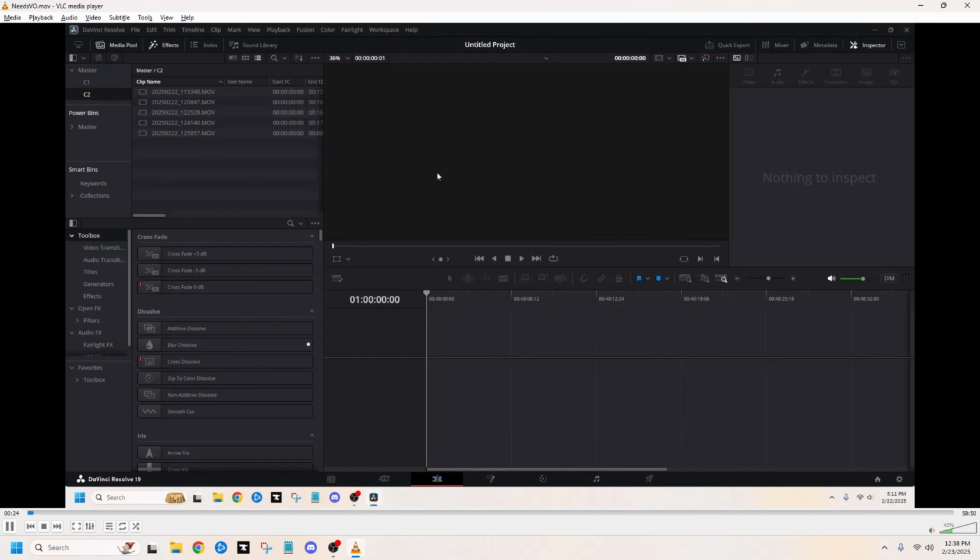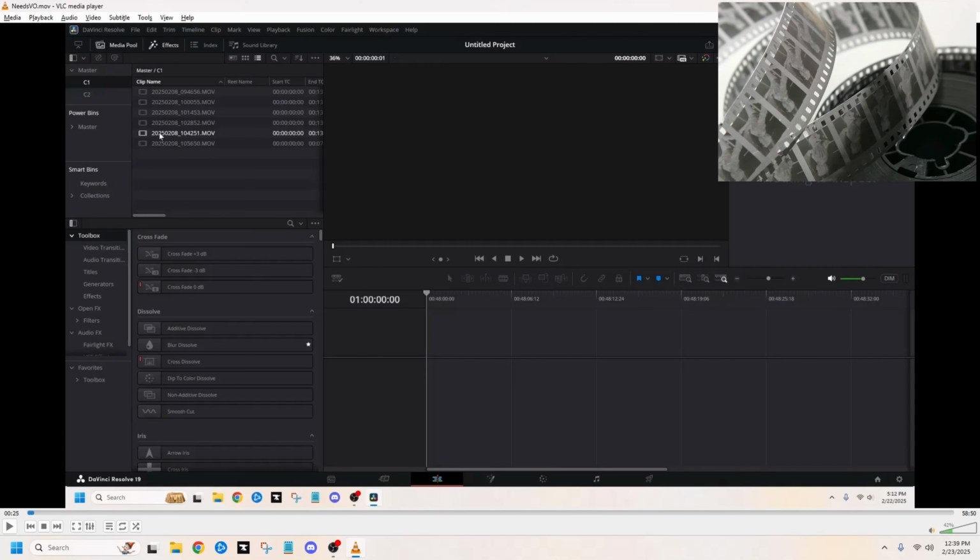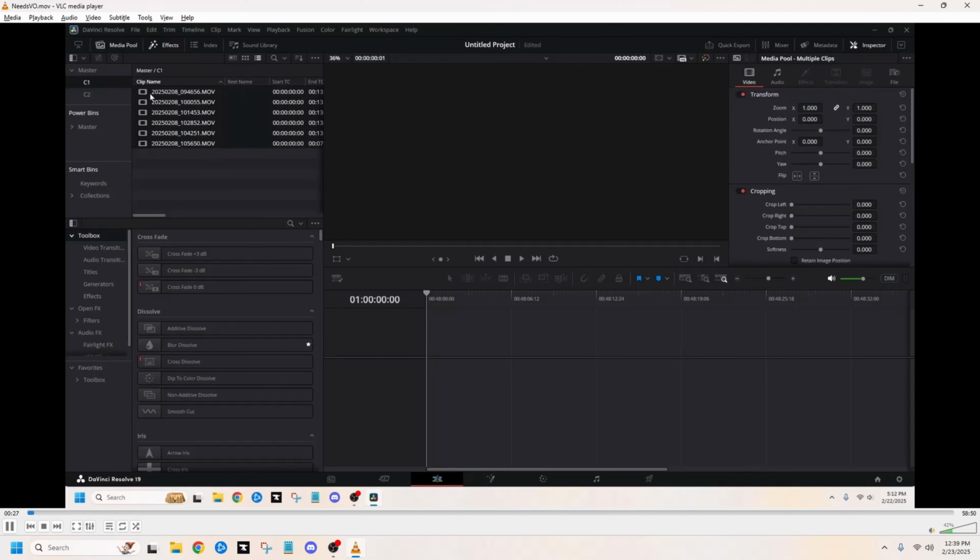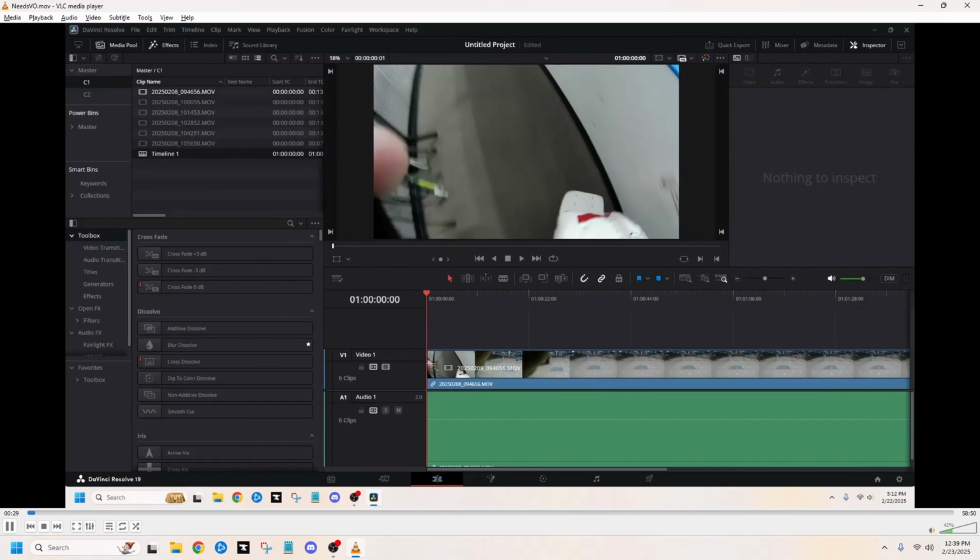And then I'm done. Now what I'm going to do is I'm going to go to camera 1 here, and I'm going to highlight all the files, and I'm going to drag them to the timeline. For the timeline, think of it as like a strip of the old cellulose that they had to do movies on. Think of a timeline as that. So I'm going to highlight all these bad boys. I'm going to drag it down to my timeline,